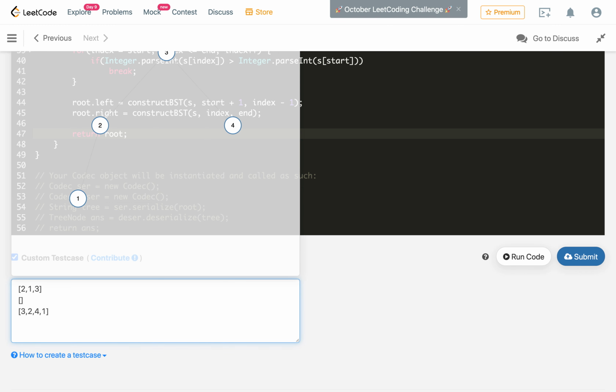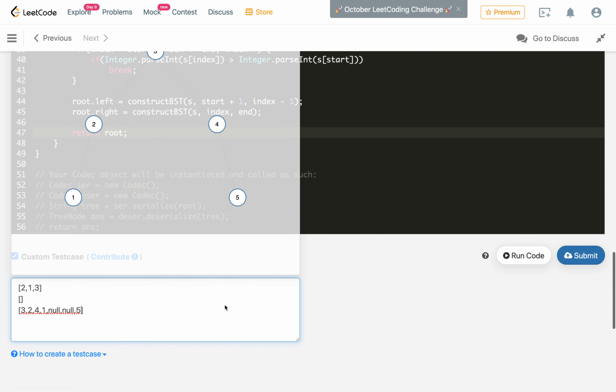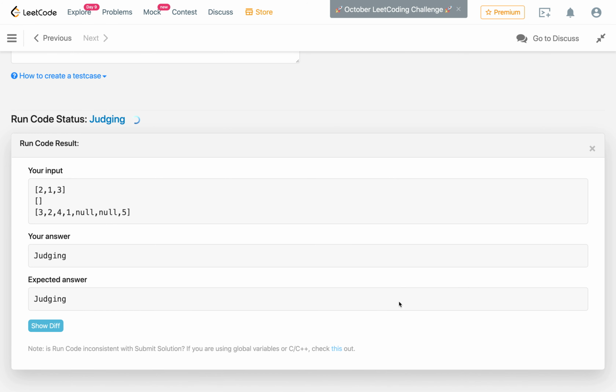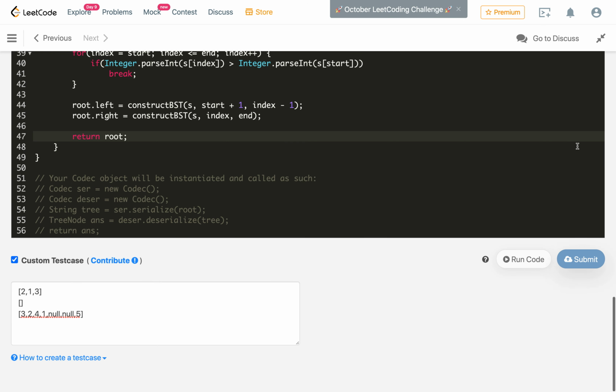You can validate it with the visualizer tool in LeetCode, and this will be 5. So null and 5, this 5 should go on the right side. This is a valid BST now. So let's compile and see if it is working for all the test cases. Yeah, it is working. Let's submit.